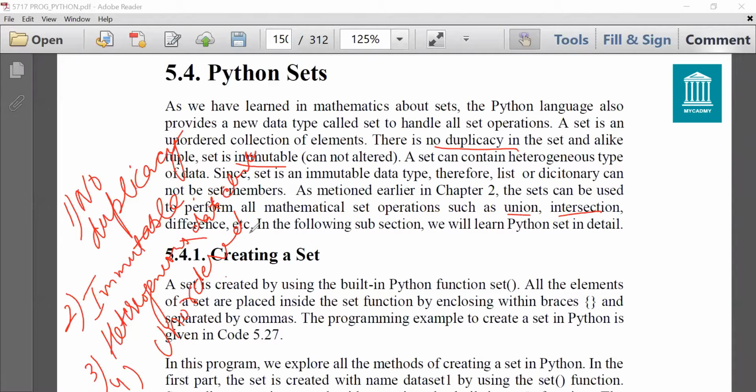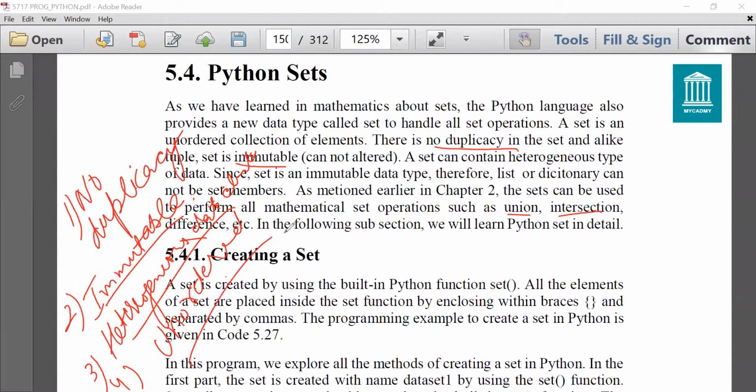There is no duplicacy in sets. Let's suppose there is a number 10. 2 times you have written in set, but it will consider it only 1 time. They are immutable. That means they cannot be edited. And third one is heterogeneous. They can contain heterogeneous kind of data. And fourth one is unordered.